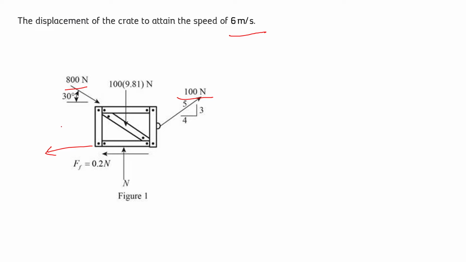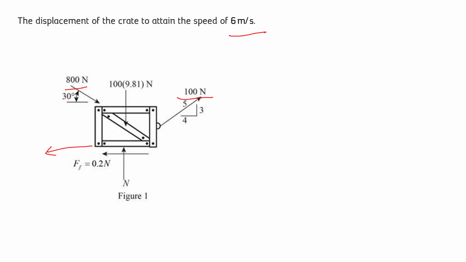So first of all, let's understand what's going to happen here. The box, or we can say the crate, is initially at rest, which means the initial kinetic energy is zero. And after some time, as it travels some distance under these forces, its speed becomes 6 meters per second. So we can say that the speed, or the kinetic energy, is achieved by the work done